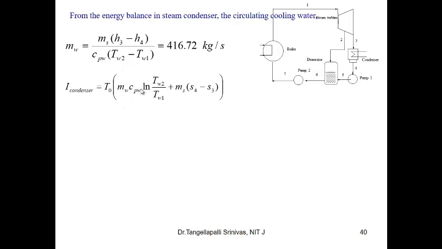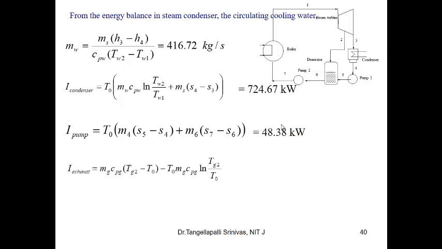From this mass of circulating water, the amount of irreversibility in the condenser can be determined from the change in entropy in the circulating water as well as the change in entropy in the condensed steam. It results in 724.67 kilowatts. For the pumps, there are two pumps here, and the irreversibility is determined from the entropy rise in pump 1